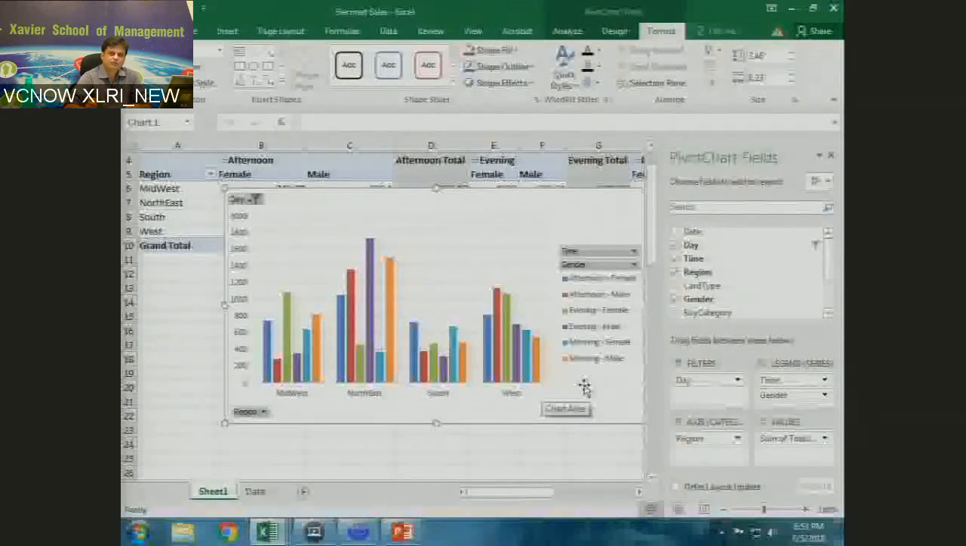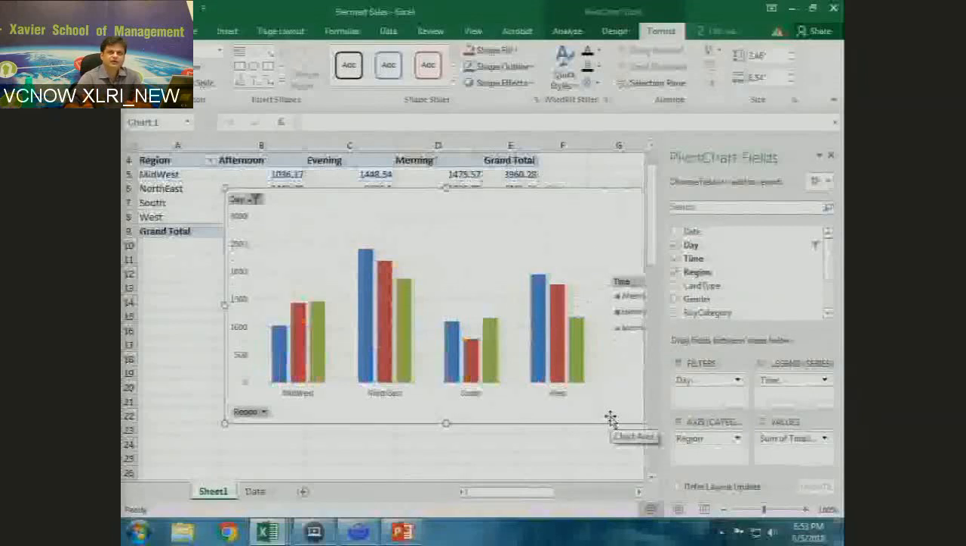I'll wait for a minute or half, 2 minutes. Work with these charts, try different stuff, and get comfortable with it. And after 2 minutes,